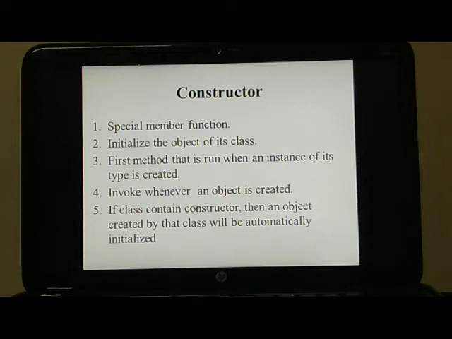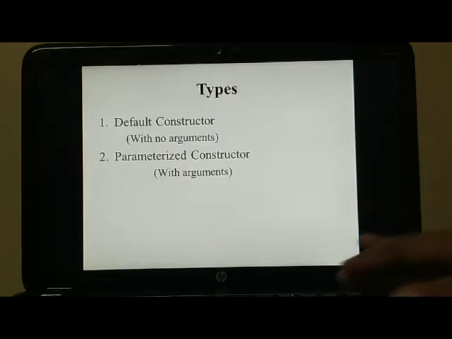It can be overloaded. It can be private. Now let us see the types of constructor. First is default, which means it does not have any arguments. The second is the parameterized constructor, in which there are arguments. For example, we can pass by value.